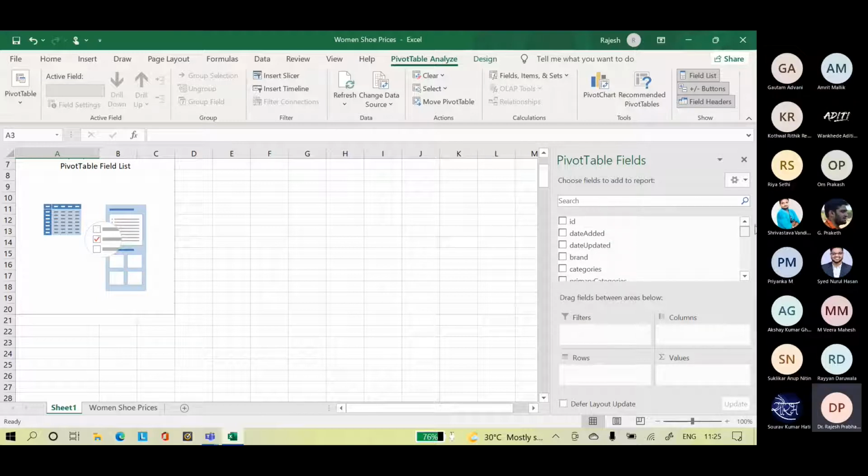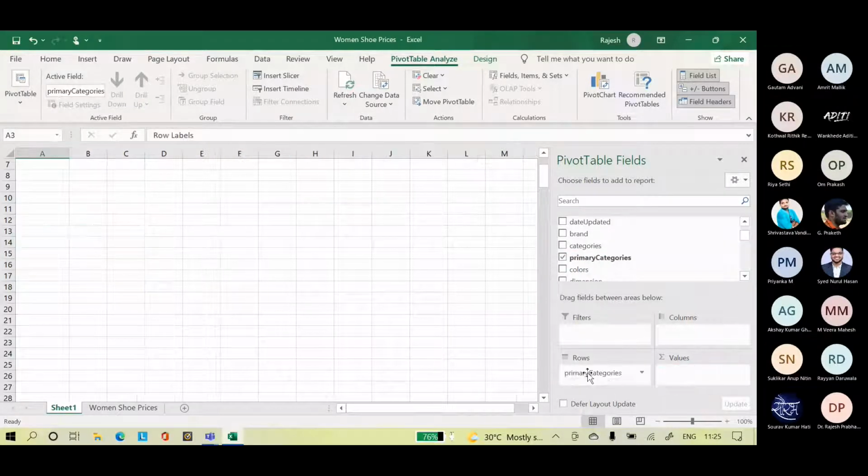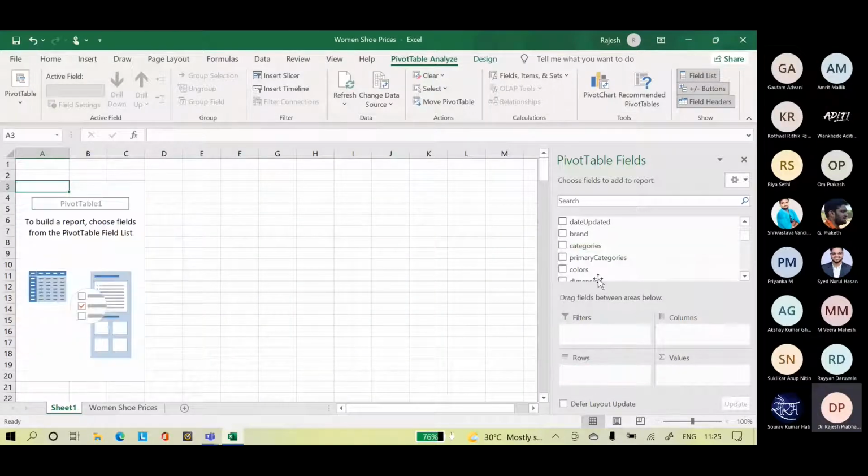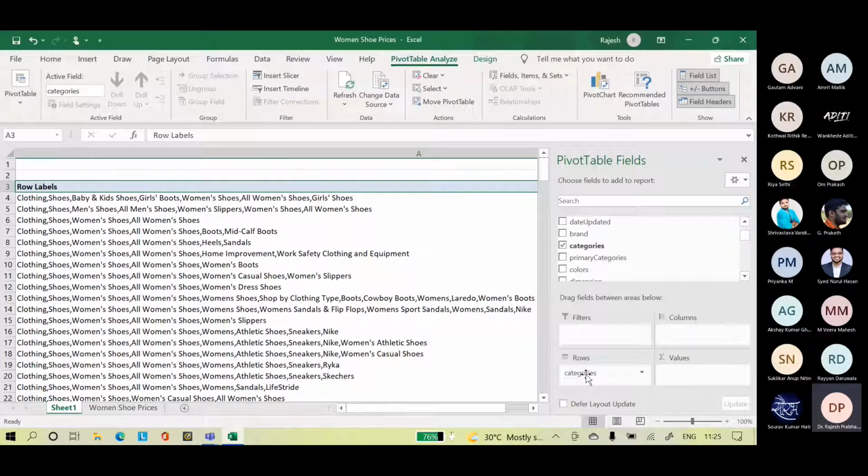Dimension, colors, categories, brand. Primary category is only shoe. Categories, there are many. Clothing, shoes, all are the same. So from this, we need to extract information.